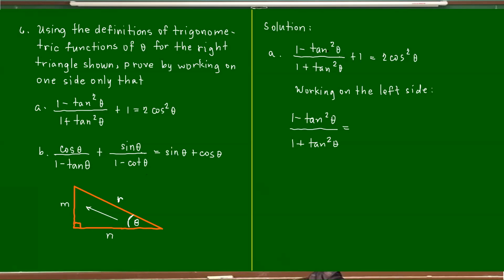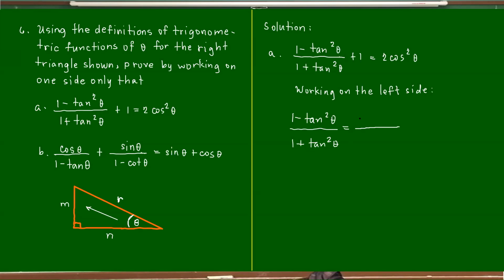So given 1 minus tangent square theta all over 1 plus tangent square theta plus 1 is equal to 2 cosine square theta. Let's work on the left side because it's better to work on the left side, making it the right side. We want to show that the left is equal to the right, using this triangle and applying the definitions of trigonometric functions. So let's start. So this is equal to,